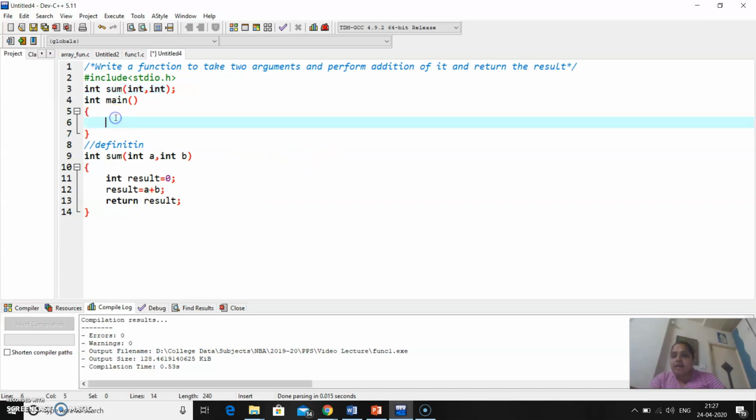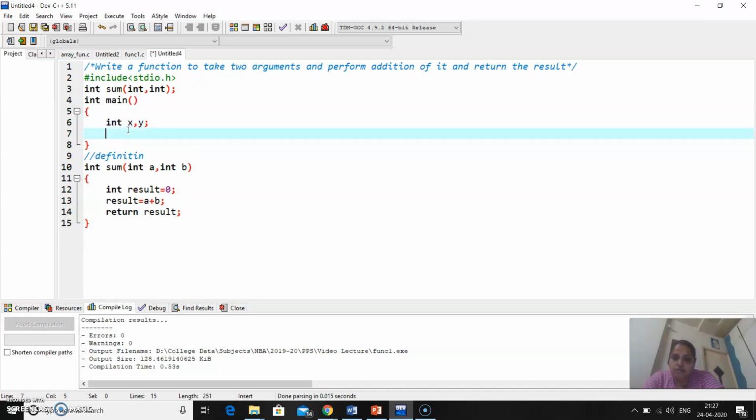Now, within the main, I need to take two values, integers x and y, from the user. I will take the input from the user. So I am writing printf enter two numbers.